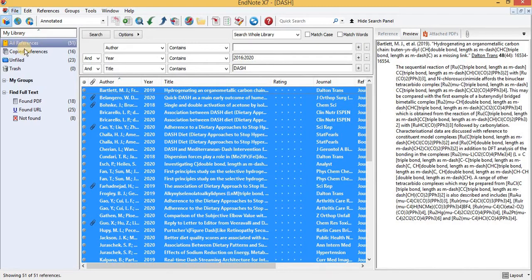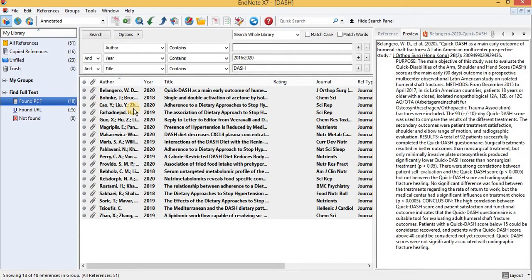Here we can see the searching of the full text has stopped, and here is the result, which shows that the PDFs of these searched articles are 18, and there are URLs for 25 articles and 8 which don't count from our search. But you can see we had selected 51 articles in total, of which we found 18 free full text articles, so we can study them, and it is a huge amount of material which we can study here.